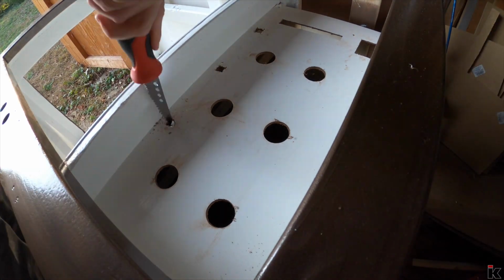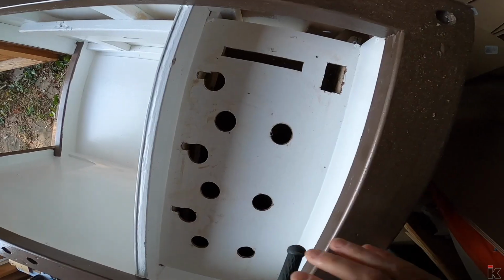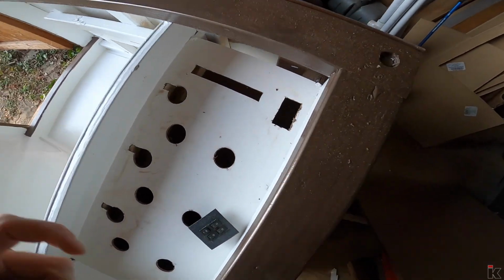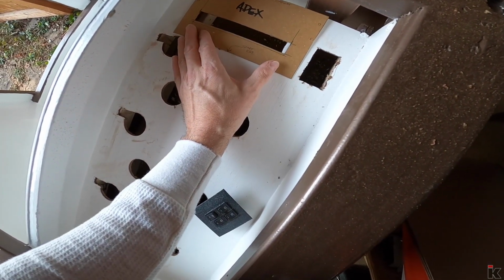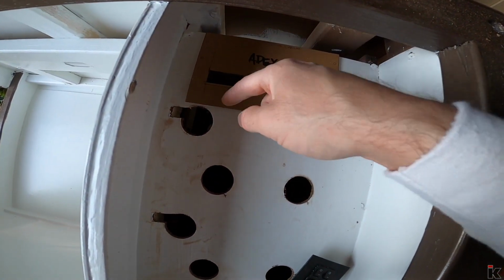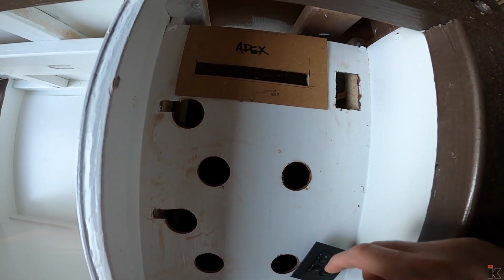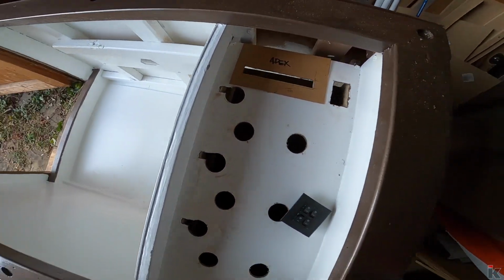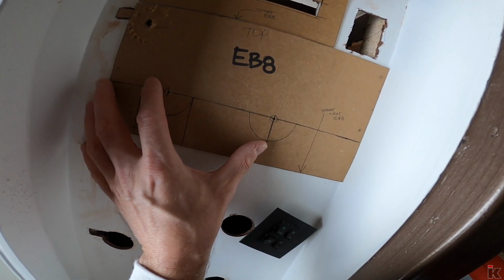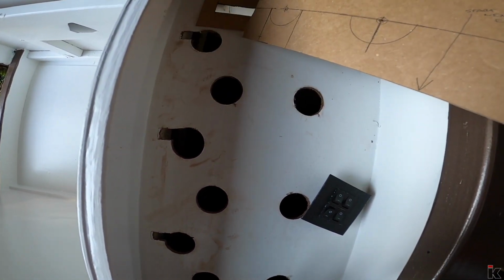So besides being a little dirty, this is what I've come up with, and give you a little example of what's going on here. So the Apex is going to go up top, and once that's mounted, out of the Apex there's going to be a bunch of cables. The bottom of the cables are going to be about here, and they'll twist up and go through that hole. And then the EB8 will go directly underneath of that, and this is where the cables will come out. As you can see, those two holes there,